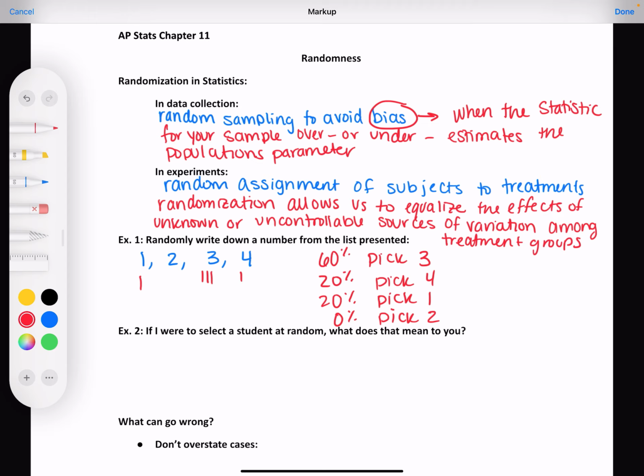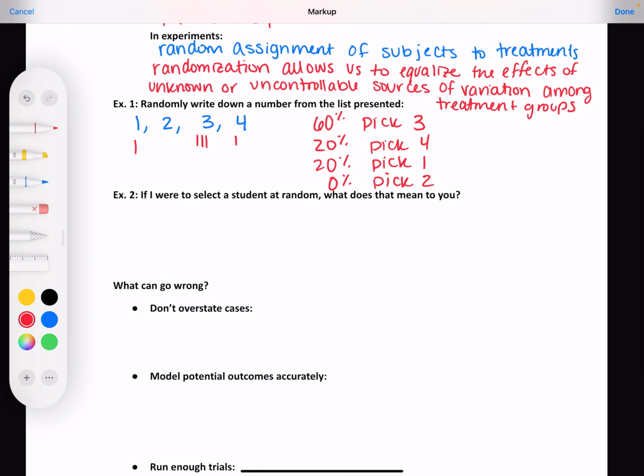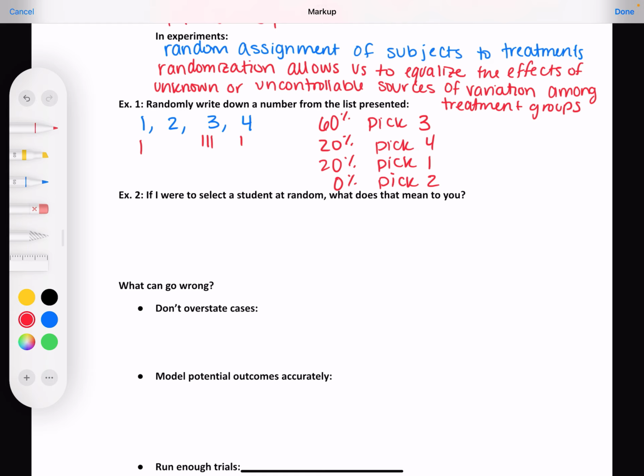It's funny, last year when I did this, I had a class of 4 and nobody chose 1 or 2. They all chose either 3 or 4. I just thought it was funny. I just picked the first number that came to my head. I did too. I probably would have picked 4 myself because that's my favorite number. Number 1 is my favorite number, but I just like the sound of 3. With this problem, I looked at the numbers and I was like, 3 is the main one.